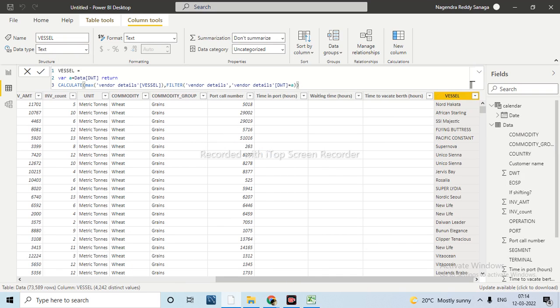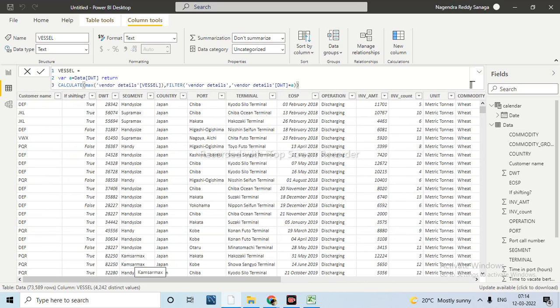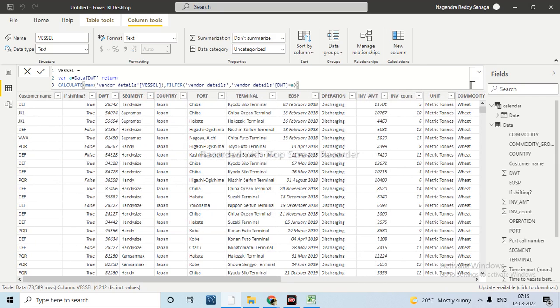Okay, is it clear? When we don't have the many to many relationship, we can directly use the relationship. Then there is no need of bringing the information here. Now as we have the duplicates in both, we have used this one. In my case, I have taken the relationship directly in my scenario, as we don't have the duplicates. At that time also we have the duplicates, but for each country there will be unique. For that we have created a key based on the key, the country code and the DWT so that it will be unique.